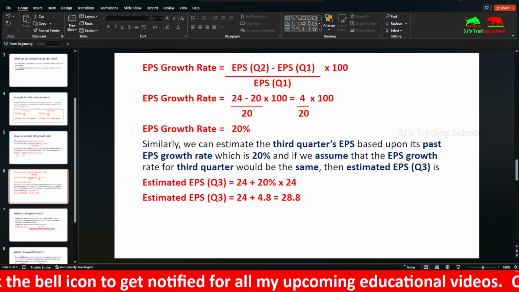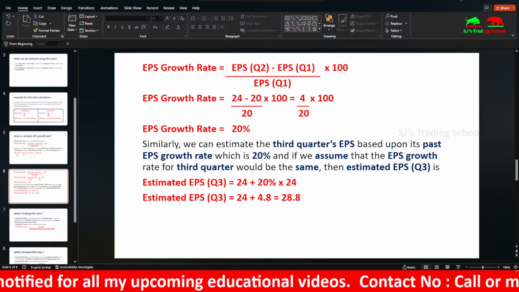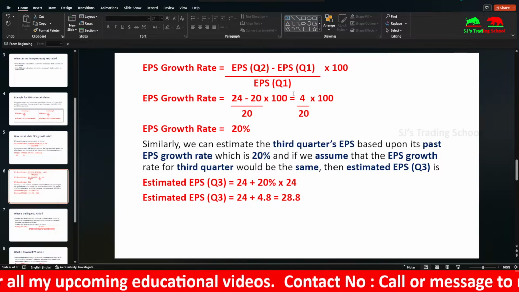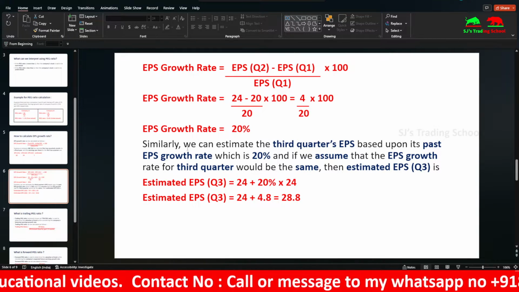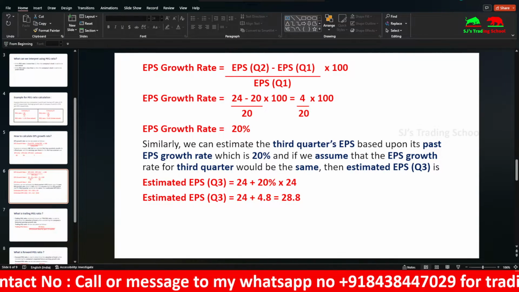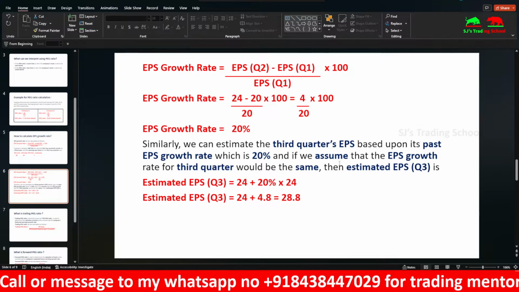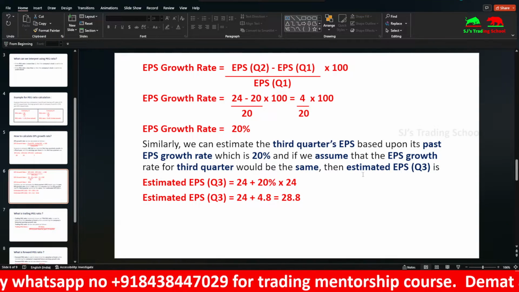So this is the formula. Q2's EPS minus Q1's EPS, divided by Q1, into 100. So 24 minus 20 by 20 into 100 is equal to, so you get finally 20 percentage. So similarly, we can estimate the third quarter's EPS based upon its past EPS growth rate, which is 20 percentage. And if we assume that the EPS growth rate for the third quarter would be the same, then the estimated EPS of